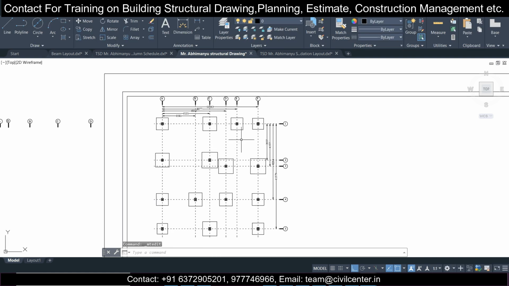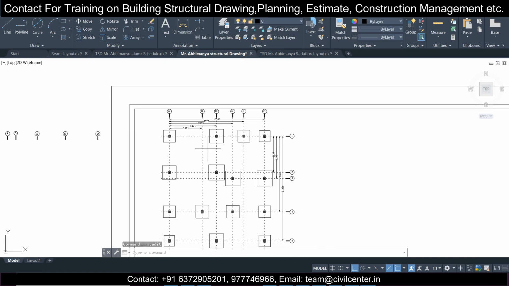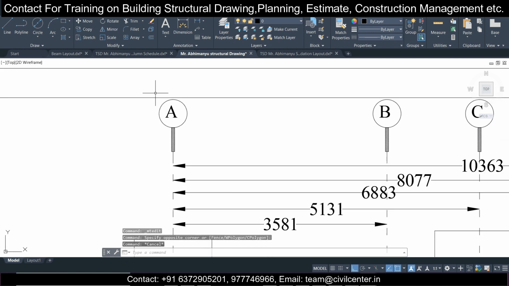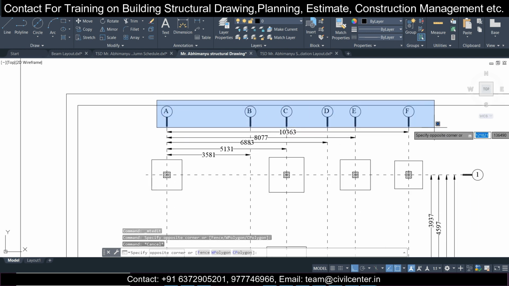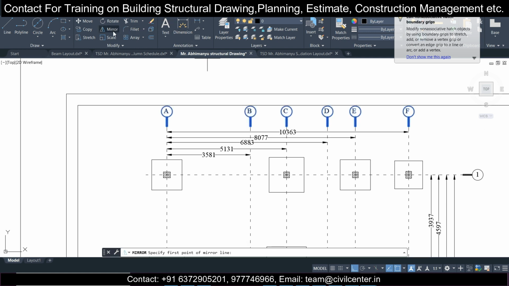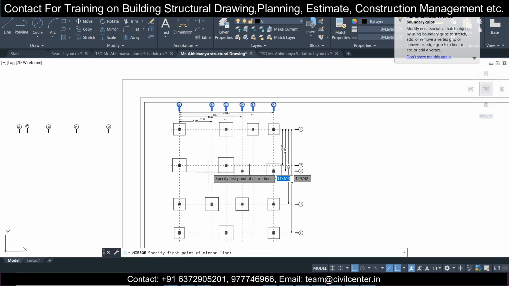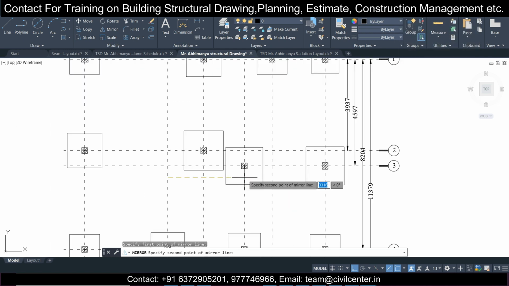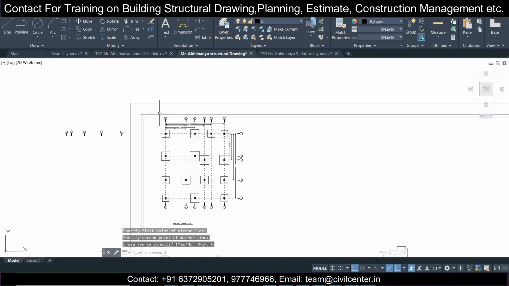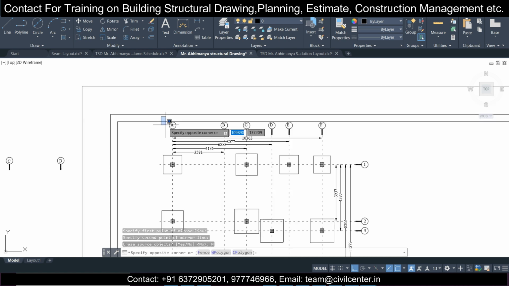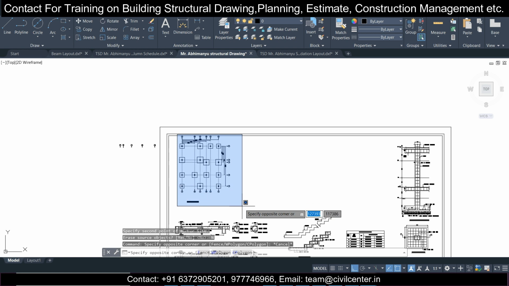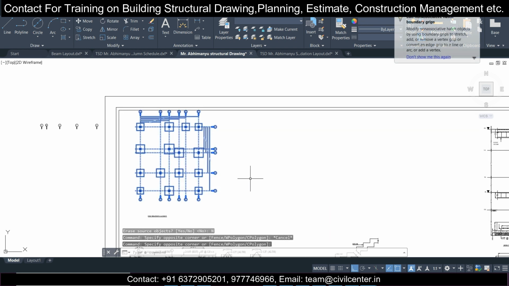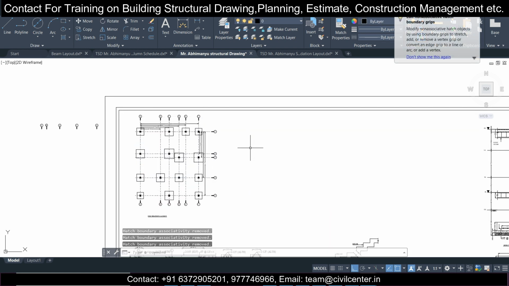Now if you want to mirror the grid lines, first of all we'll just select this and check the midpoint. So the midpoint is around here, you know that. So what we'll do, we'll just select this, and after that we'll select this mirror option, and we know the mirror is around there somewhere. So here, and make sure your ortho is turned on, and we'll do erase source object, no. So as you can see, objects are mirrored. This is too close. I think we'll just need to shift it a little bit downward, because we have enough space.